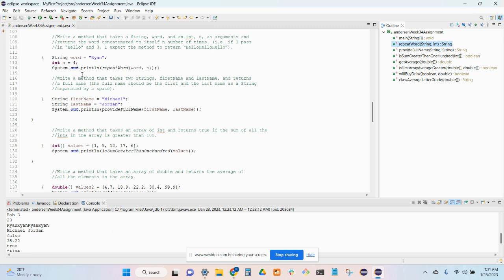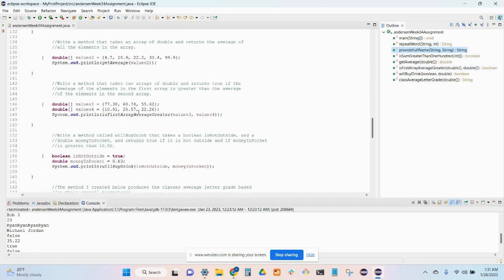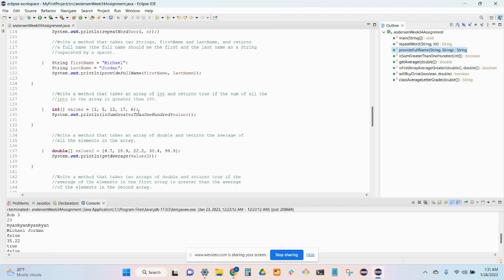Perfect. Okay. Then another method takes 2 strings, first name and last name, and returns a full name, and so on and so forth. Here we go. Here's the method I put together here. I called it provide full name. Take the string first name, string last name, put it all together, put a space in between. Once again, up here, I decided to use the name Michael and Jordan and print it out,